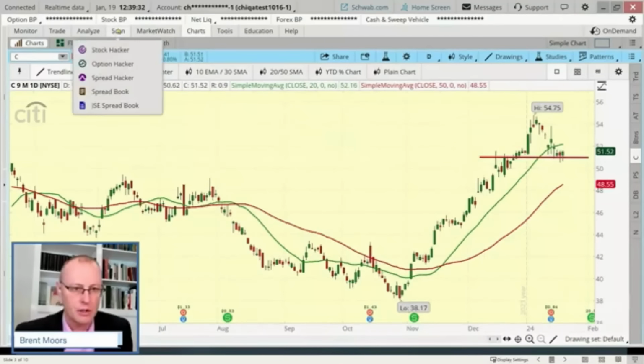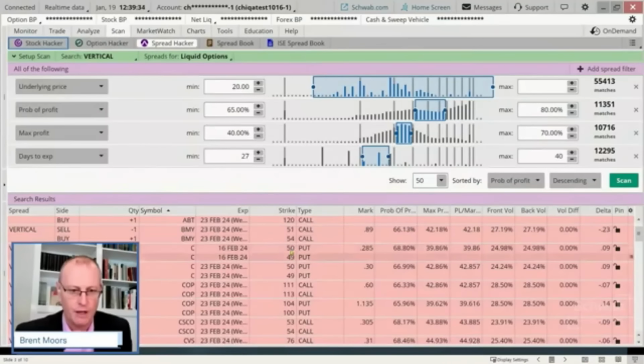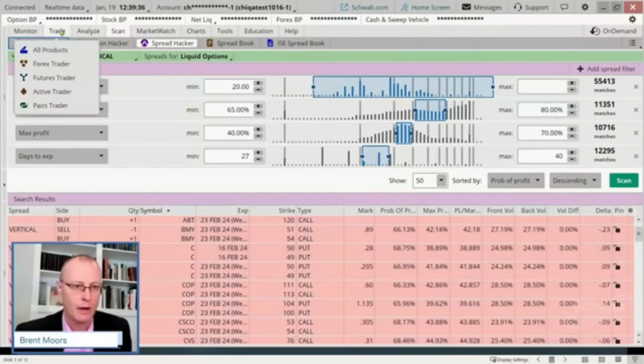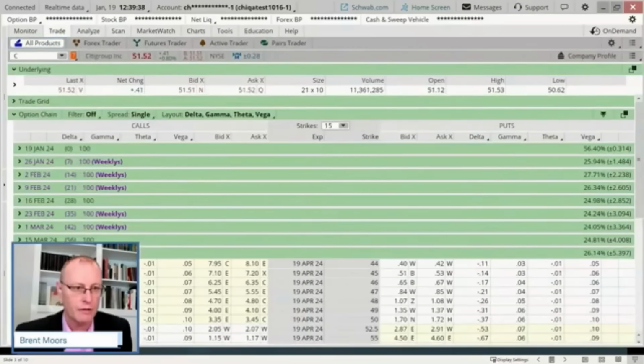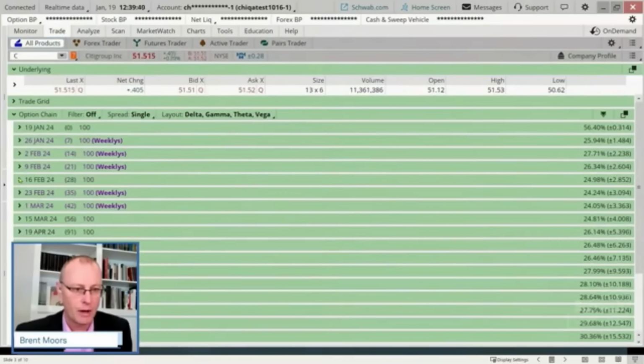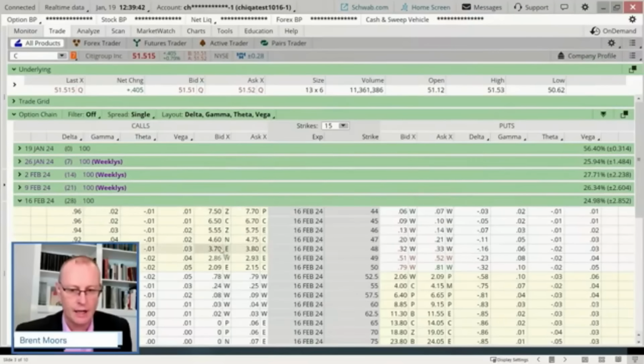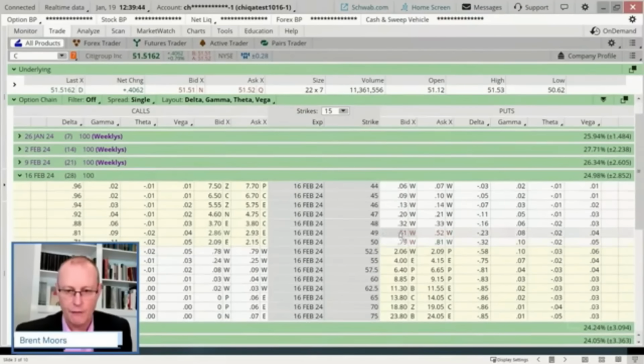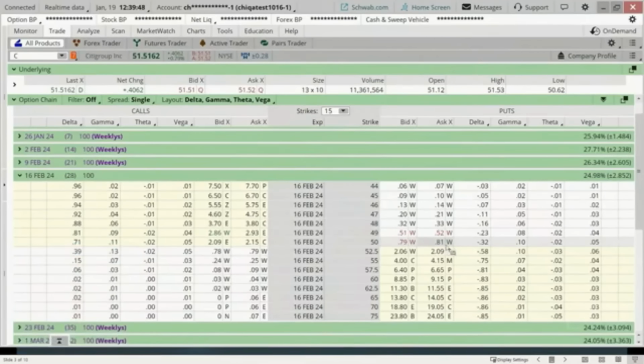And let me just refresh myself. We said 50 and 49, 16th of February. Let's go to 16th of February. Here we're at 28 days, 50 and 49. So here's our spread, nice tight spread. That's because we scanned in the liquid options. I'm going to sell the 50, which is a 32 delta. So that's right about where we want.